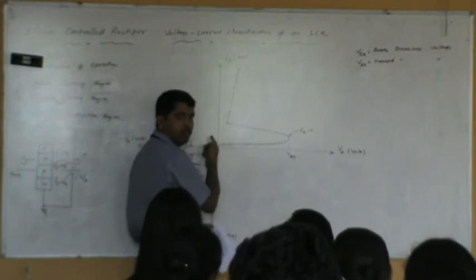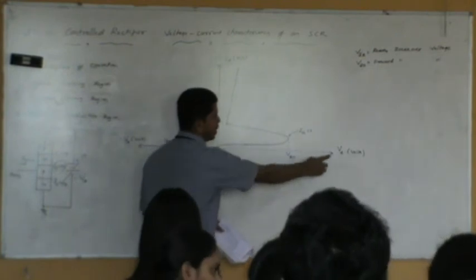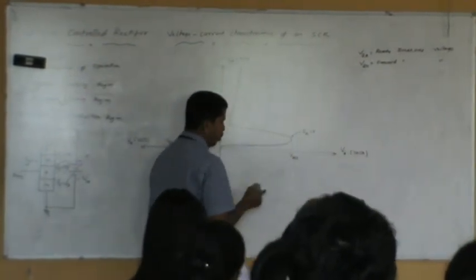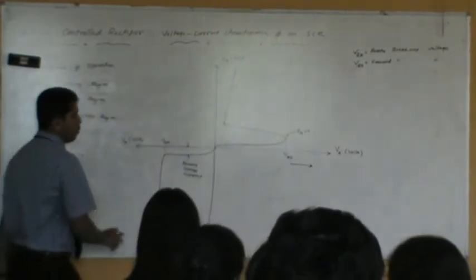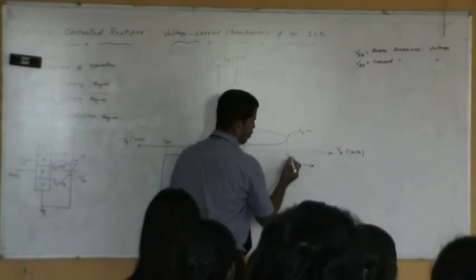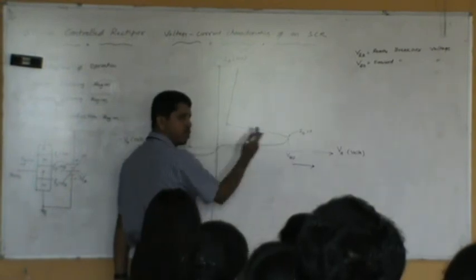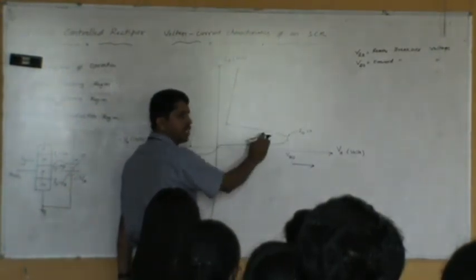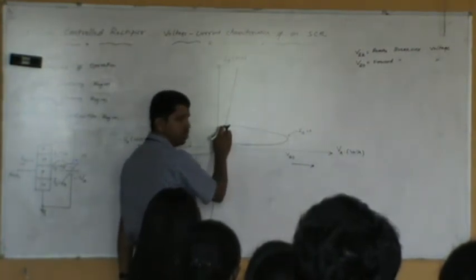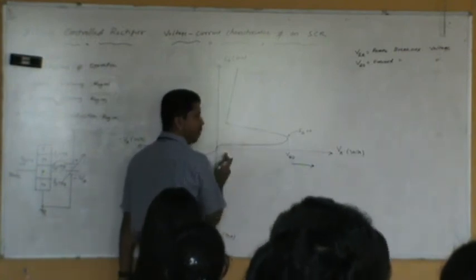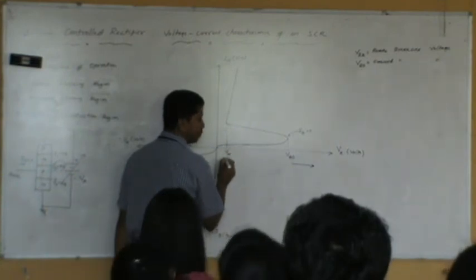You can see that the curve is coming down. What does that show? The moment anode voltage crosses this, you are increasing the anode to cathode voltage. But see what is happening in the device. Once you cross this VBO, immediately the voltage across SCR decreases. That means the curve is coming down towards the y axis; the voltage is decreasing. But see after some time what is happening? Voltage will not come to 0. Beyond that, the voltage reaches a certain level. This particular voltage is called holding voltage. We say VH.